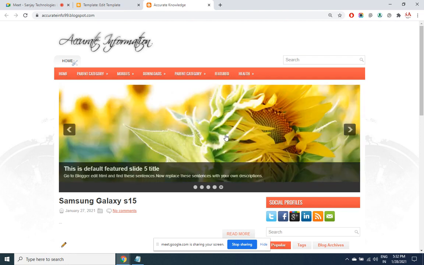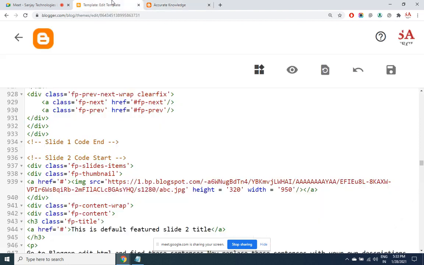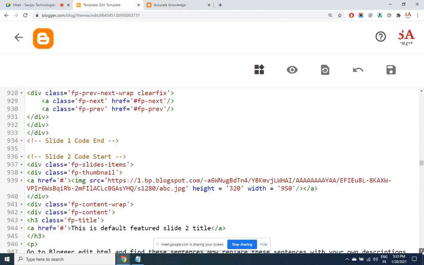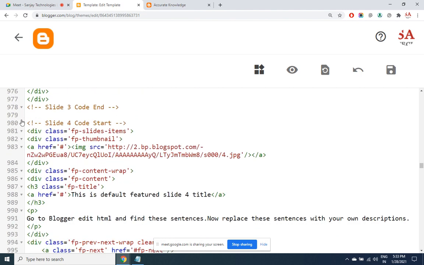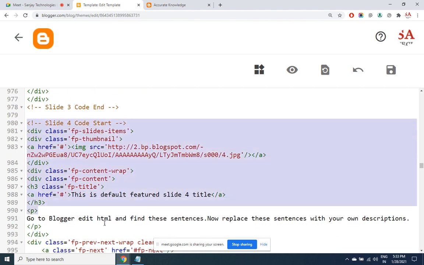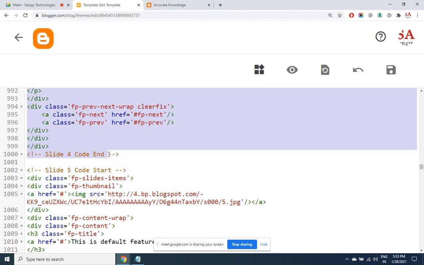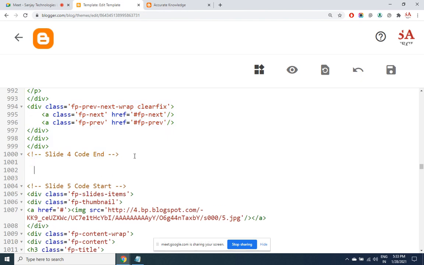I want to add an extra slide to this. Nothing but copy paste. Let's say slide 4. I start from here till it shows up slide 4 code end. So this section of the code I copy and I place it right after slide 4 itself.